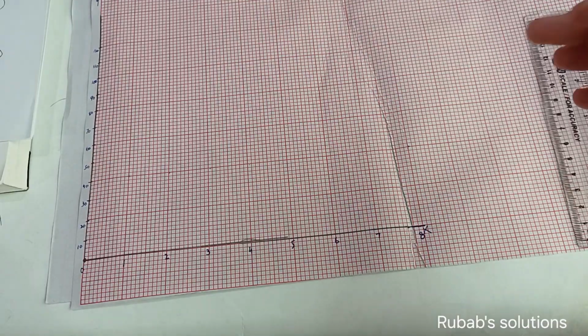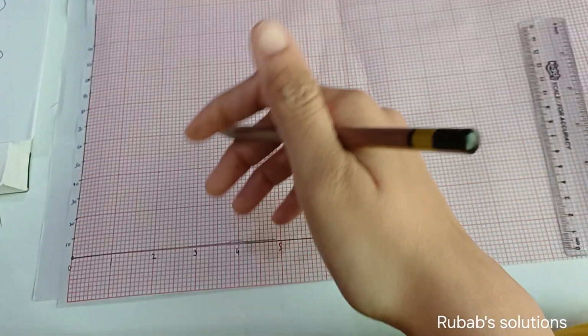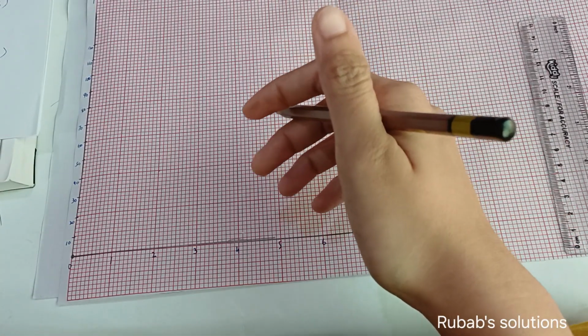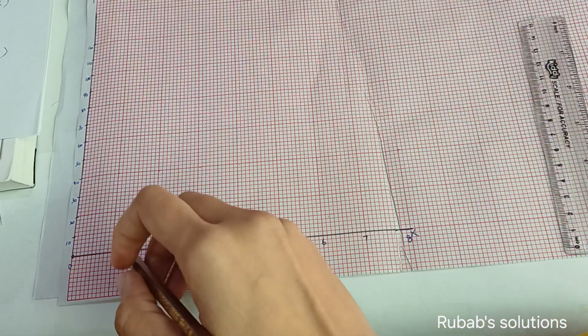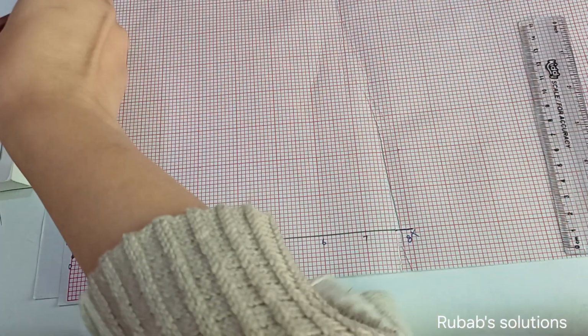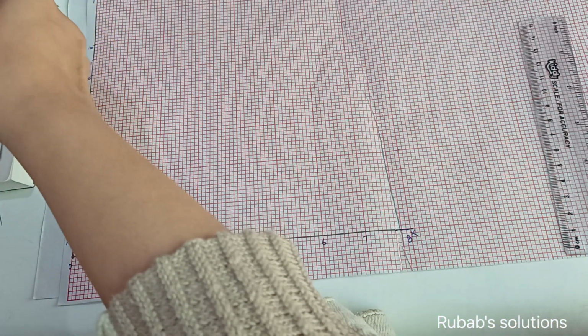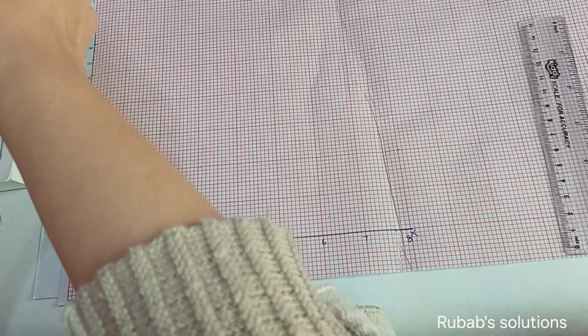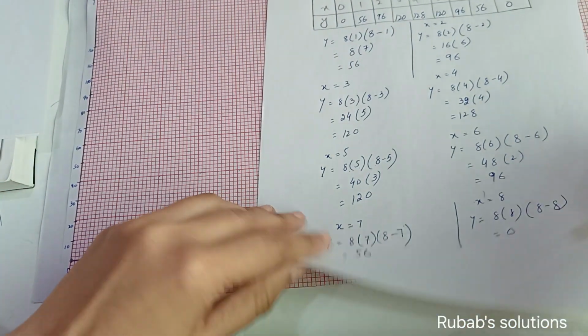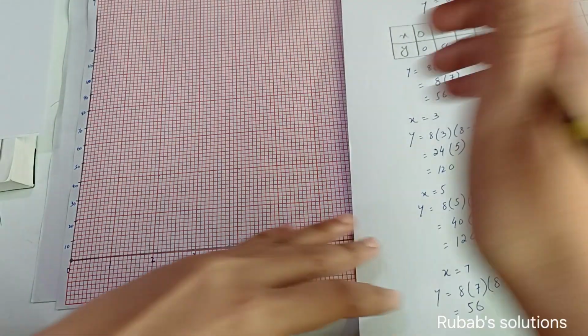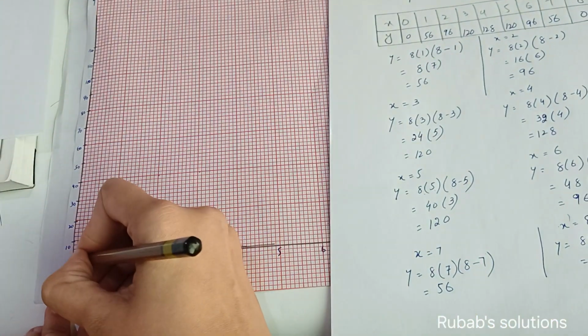Okay, this is the graph. I have made the x-axis and y-axis. There was no negative value for x and y, so I didn't draw any negative axis. The very first value is 0 and 0. I will put the table over here so you can easily see the values as well. The very first value is 0 and 0, so I have drawn that. That means it will be over here at the corner.